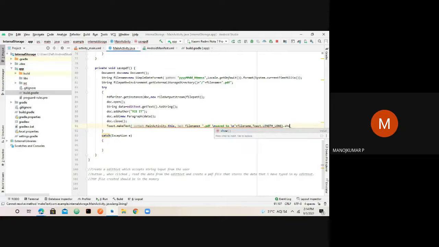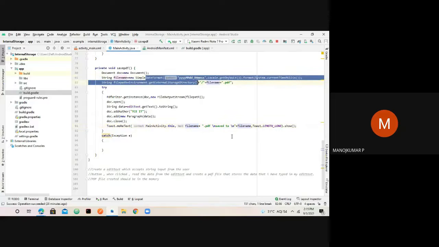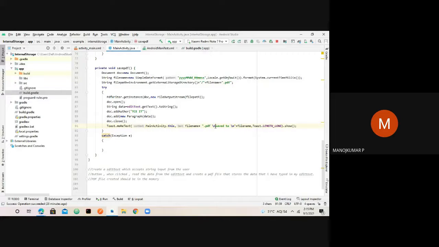This is optional, guys. You don't have to write it the way I have written. What it will do is create the file name in the form of a date format, followed by .pdf, and then the slash, in the sense that the next time it will save to this particular location. I think I have to write file path here. Am I correct? So I think this is file path because this is where it is stored, right? I should not say file name here. File path. This file is stored here.